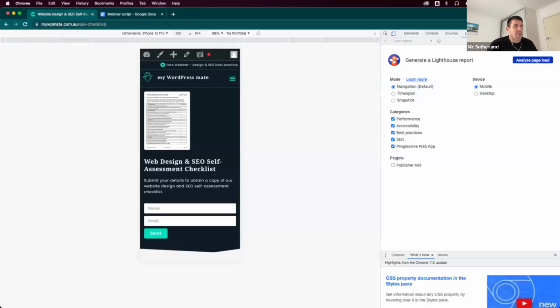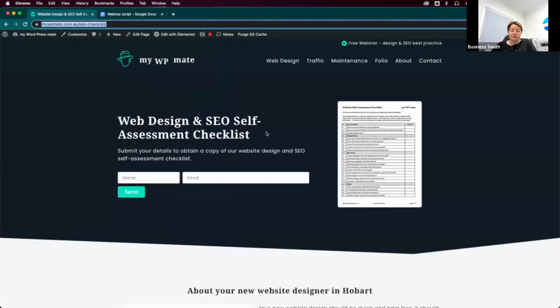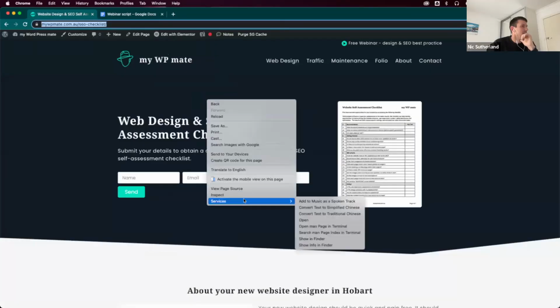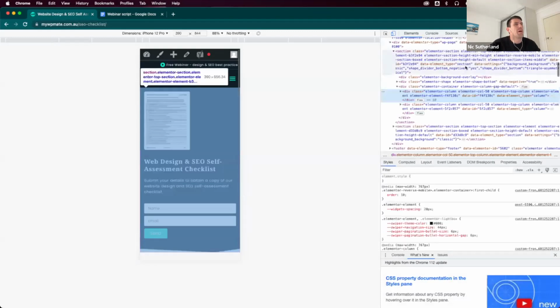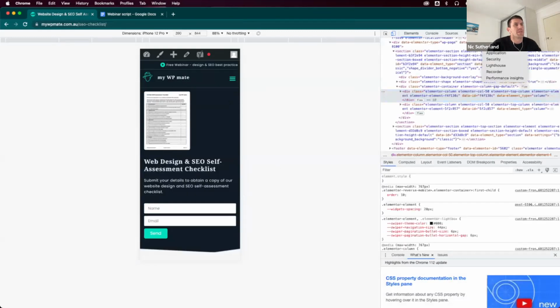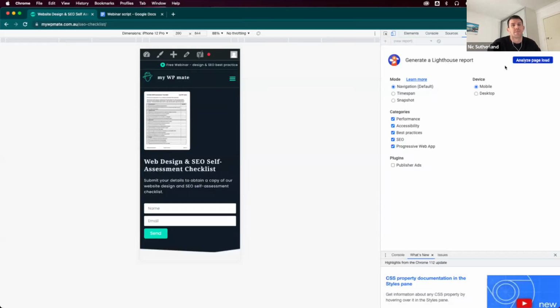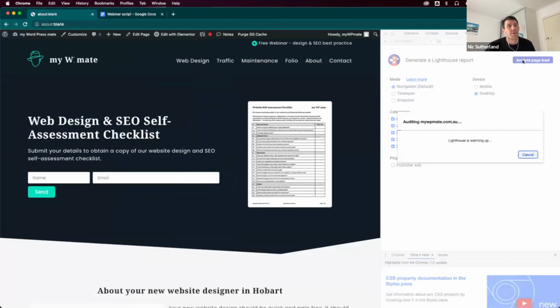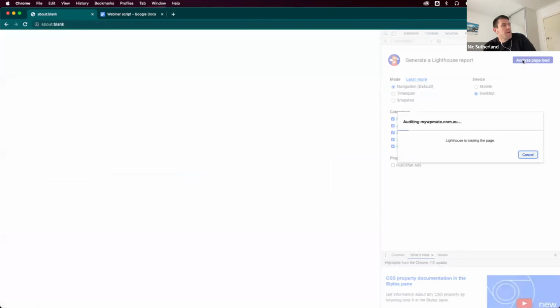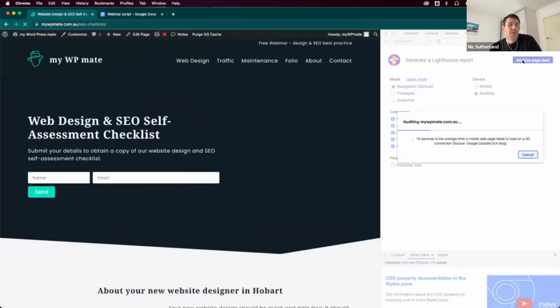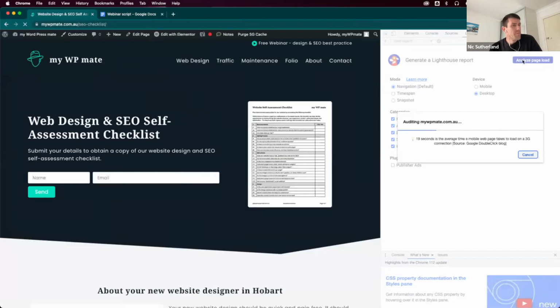Yes, so after we right click and inspect our page with Chrome, we have these little arrows, and we look for Lighthouse. We can run a test either desktop or mobile and hit analyze the page load. That is probably crunching some serious bandwidth right now, so it may or may not work, but within a minute or so that will produce a report.